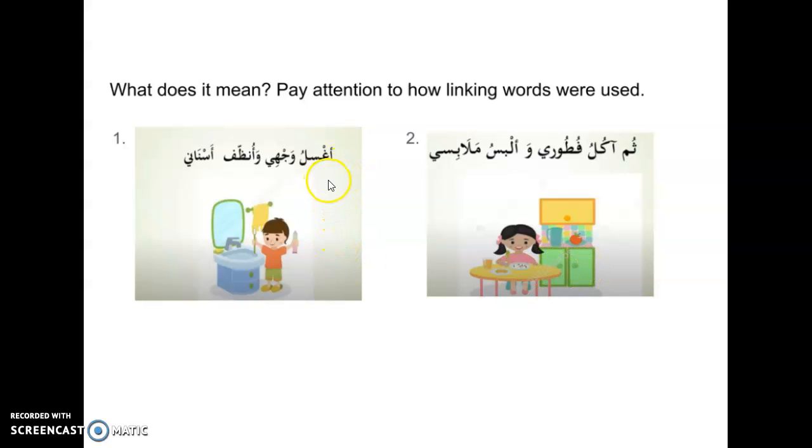So let's read this together. أغسل وجهي وأنظف أسناني. أنا أغسل, أنا أنظف. ثم, then, آكل فطوري, I eat my breakfast, and ألبس ملابسي,